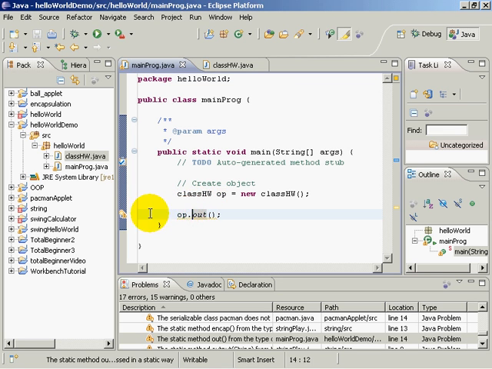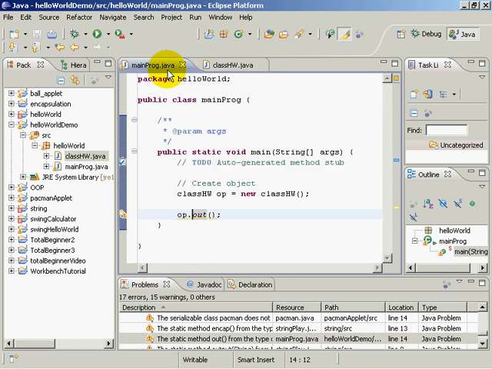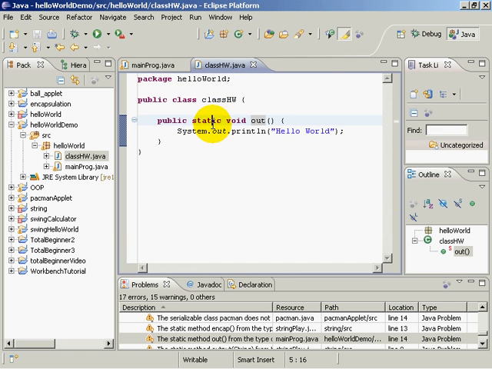So it's complaining about something else here. See this little exclamation mark? Let's have a look. This is not an error. This is a warning, meaning if I want, I could run it. Let's read this. The static method out from the type class HW should be accessed in a static way. That means that because I declared this method as a static method, meaning that I can call it without declaring an object, now it's complaining that I'm calling this out method after creating an object. So what I need to do to fix that is get rid of